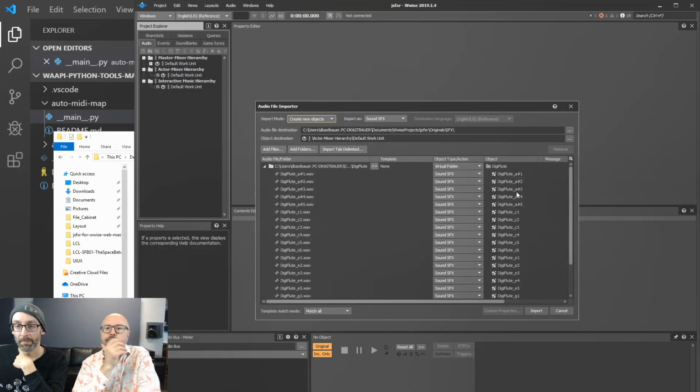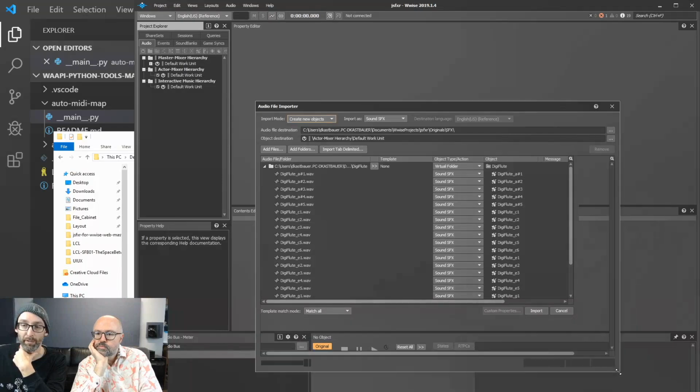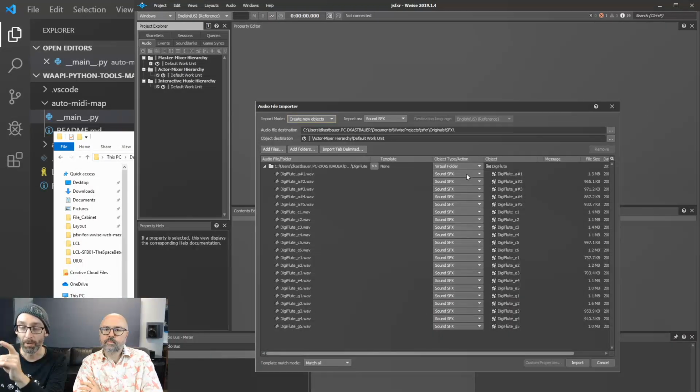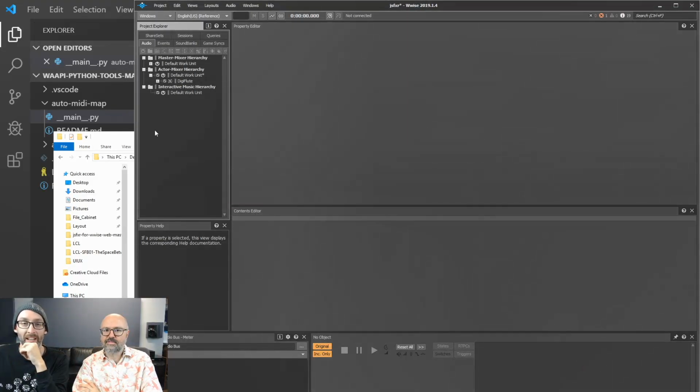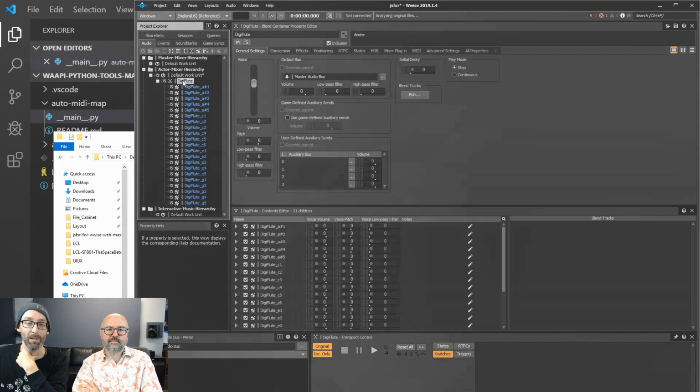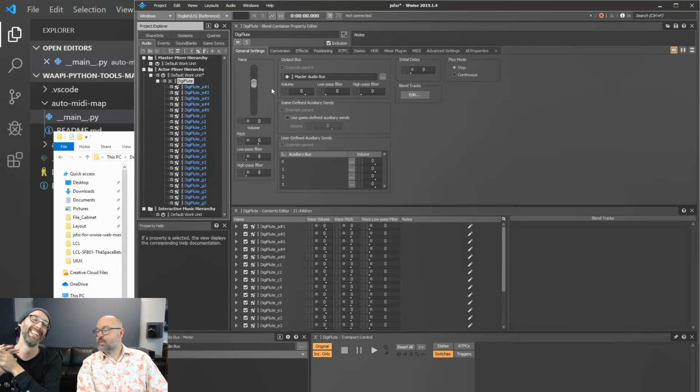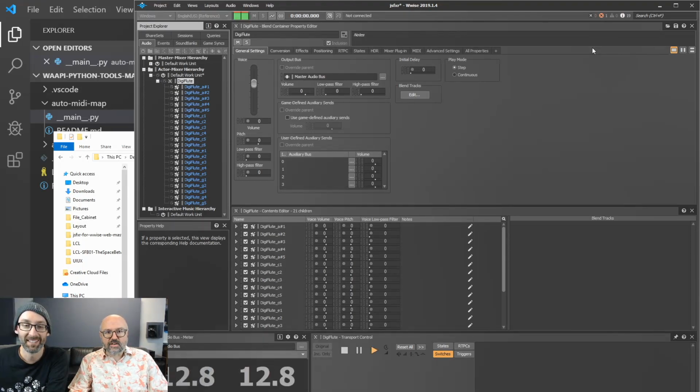We get this prompt suggesting I create a virtual folder with SFX, but I say no. And I say, let's create a blend container. Put them all in a blend. Yeah, this is what we need. So we now have what we wanted. However, it's not exactly doing what we need, because the blend container by default plays all the sounds together. A blend without any blend tracks will just sum everything and play them all from the start. It sounds awesome, actually.